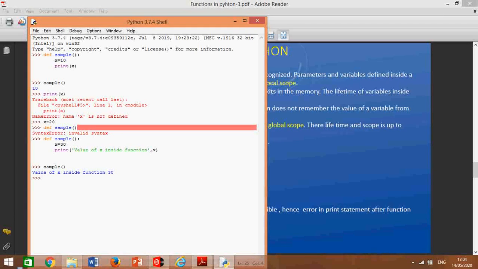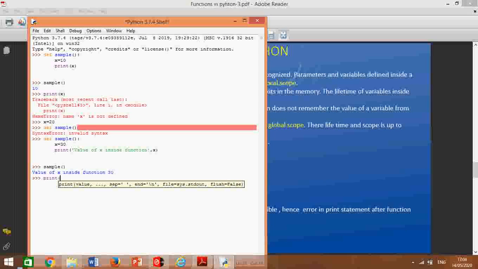Okay, if I say print value of x outside, what is the answer here?